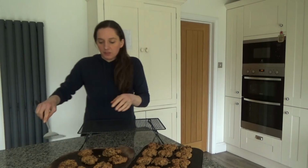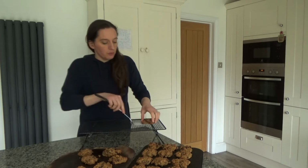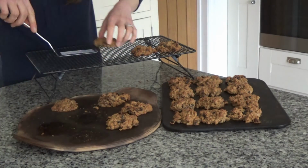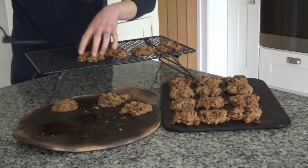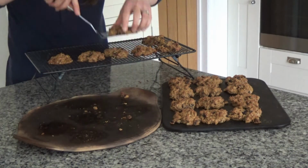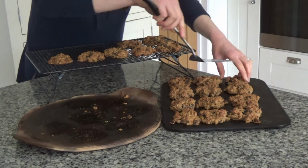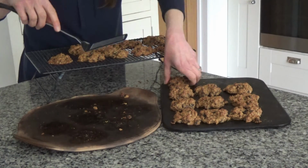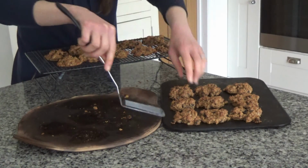I've left the biscuits to cool until they are touchable. So now what I'm going to do is I'm just going to take them and I'm going to put them onto this cooling rack and leave them until they are completely cool. It smells so good in this house right now. The smell is amazing, I have to say, and I will try one of these biscuits in a moment, or